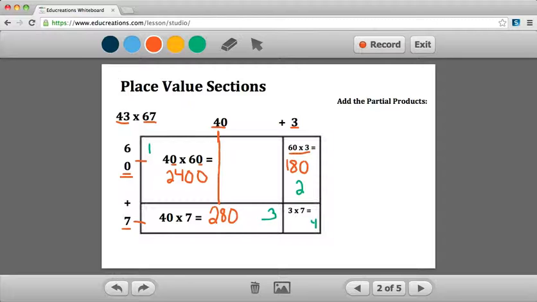Next, you come over and you do the last one. What lines up there is the 3 and the 7. You're going to come up with 21. So now you have 4 partial products. But we're not done, because to get our product for 43 times 67, 5th graders, we need to add all 4 partial products. So we're going to take 2,400